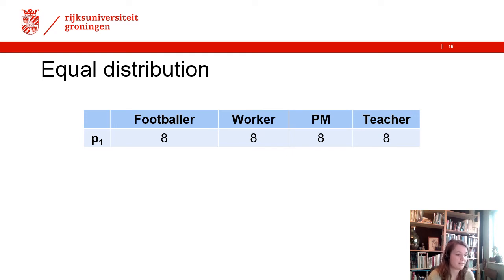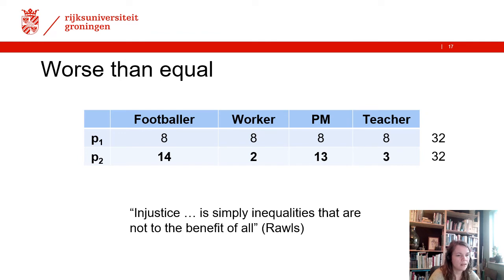Everybody receives the same income, or whatever we're actually looking at is distributed equally. Now, of course, we can also redistribute these outcomes. So we still have the same total amount of resources, but redistributed. And this would be, of course, an unequal